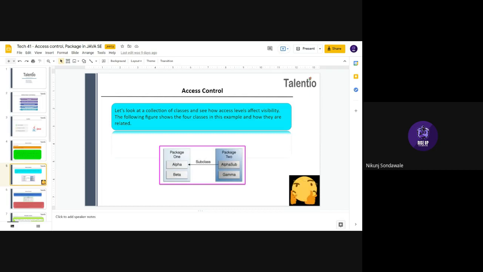But when it comes to the beta and gamma classes, the scope of these two classes is within the same package itself. So this could be a private class or a default class, right?